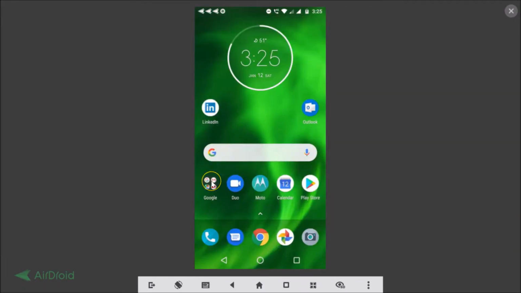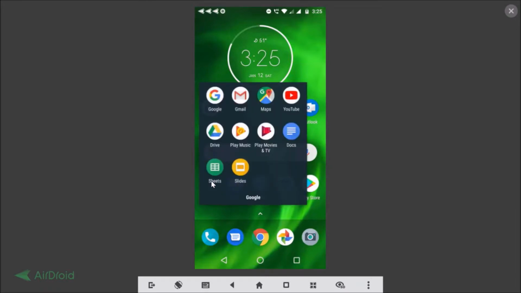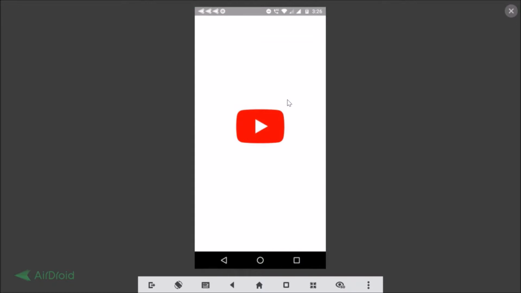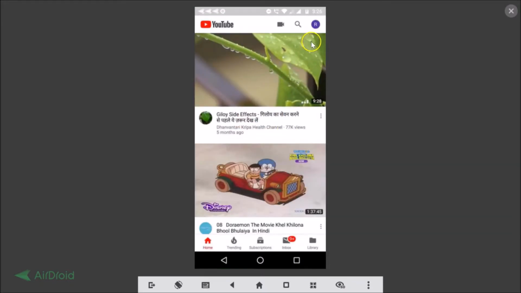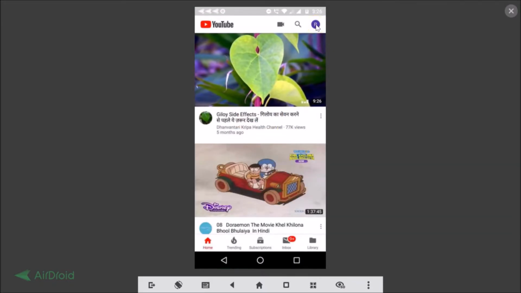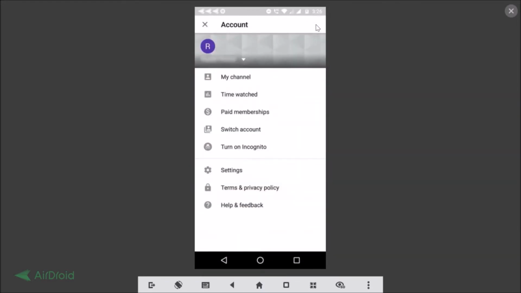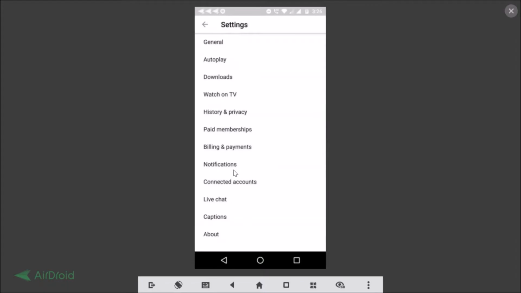you need to open the YouTube app. Okay, so this is my YouTube. Let me tap to open it, and after that you need to tap on this profile icon, and after that you need to tap on this settings, and then tap on this general,